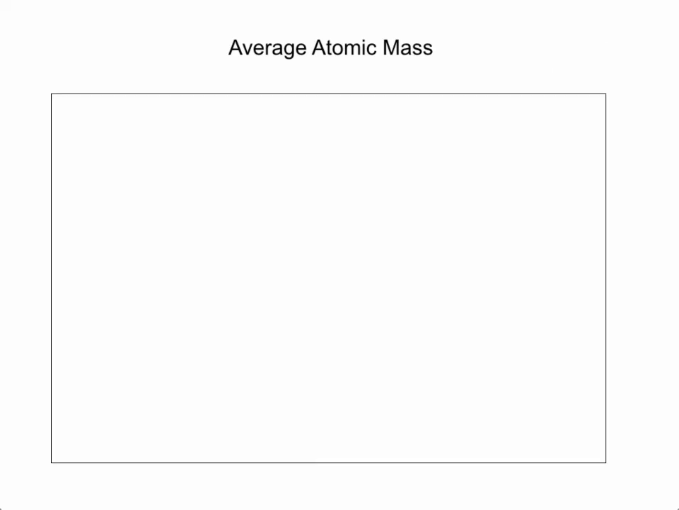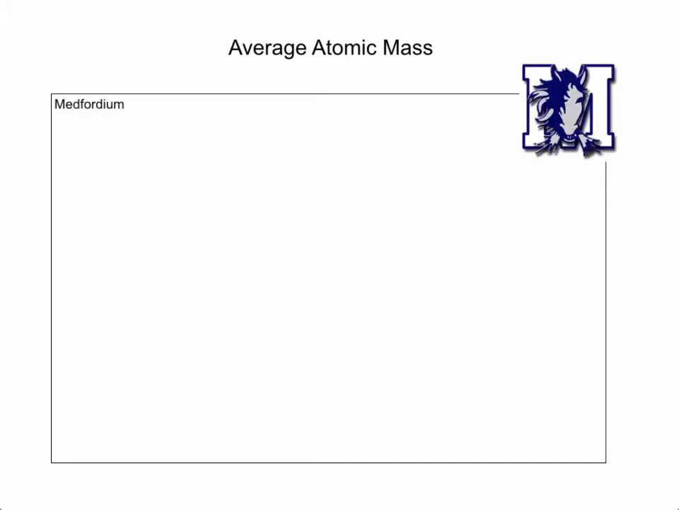So let's say I discover a new element, and I call that element medfordium. Now, medfordium comes in several different isotopes, and using various forms of equipment, I'm able to figure out what these mass numbers are. And not only that, I can figure out what the percent abundance of each isotope is. So I know what percent of all the atoms of medfordium out there